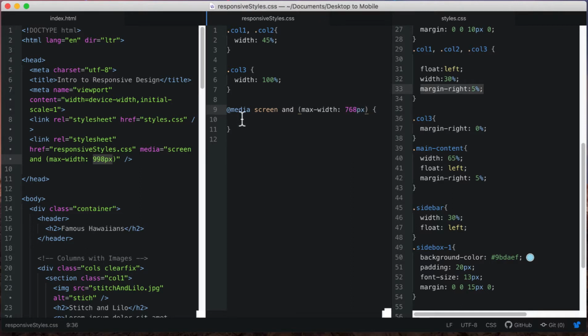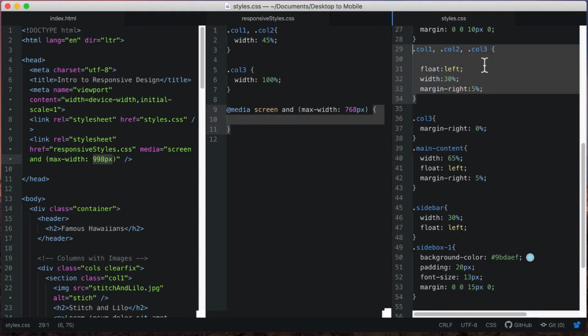All right, and so in this breakpoint, remember, we have an open and close curly brace. So everything inside this open and closing curly braces is going to be applied if the screen is 768 pixels and below. So just like we've done with all of our other styles, all of our open and closing curly braces have to be contained within the open and, I have a hard time with that word, closing curly braces of our media query. And so now, on our second breakpoint, the idea was that we were going to,